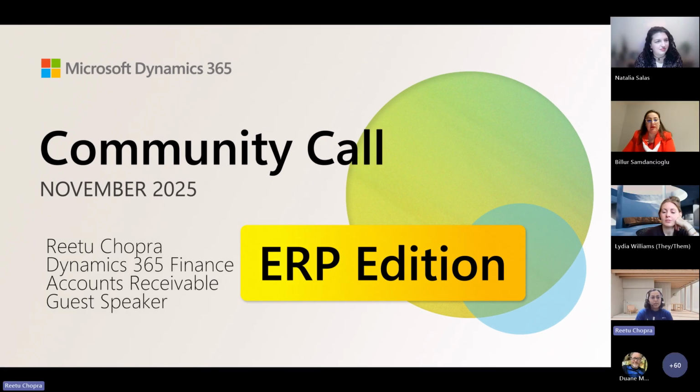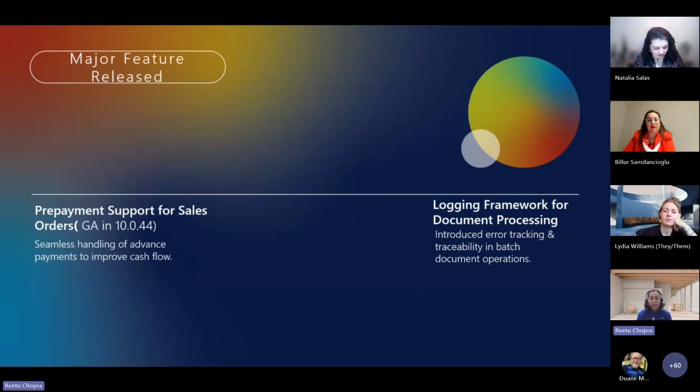All right. So today I'll be covering two key features. First is prepayment support for the sales order, which went GA in 10.044. And then the second one I'll be covering is the invoice logging framework for document processing. Now, basically, this feature is all about introducing error tracking and traceability, and overall improving your compliance and traceability, right? So let me start with